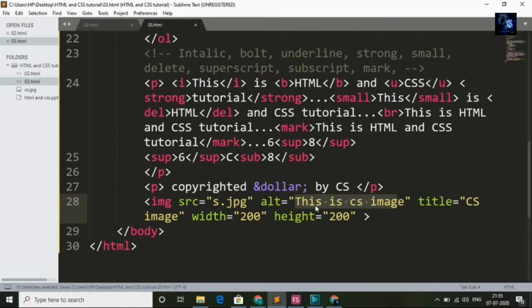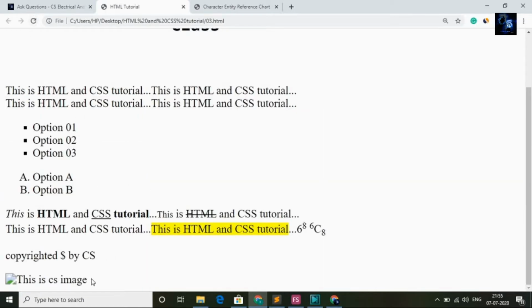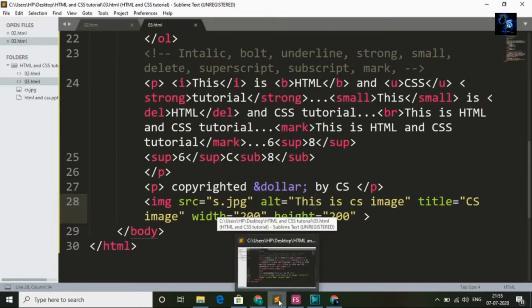This is cs image. Here you can see this is cs image. Okay, alt text is given because of SEO point of view, and suppose if your image does not load, then alt text will tell about the image. This is cs image. Guys, this was about image tag, how to add image in HTML.